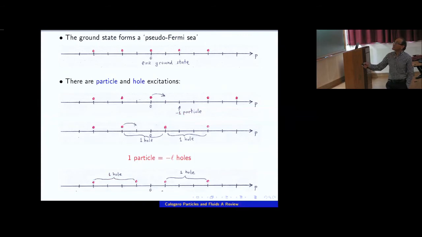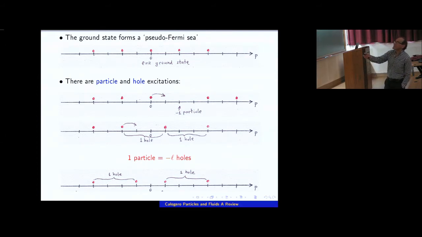The ground state of this system forms what we could call a pseudo-Fermi sea. Assume for simplicity of pictures that L is integer and equal to 2. So the ground state is you put all the particles in as low a momentum as possible, so around 0, but their mutual momenta have to differ by at least 2. So if you put one at 0, the other one has to be at 2, minus 2, 4, minus 4, etc. So n of them would fill the space, but with a gap of 2. And we could call that a pseudo-Fermi sea. It turns out that this is actually a Luttinger liquid that they form.